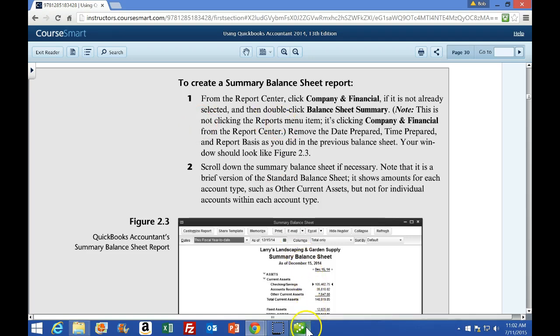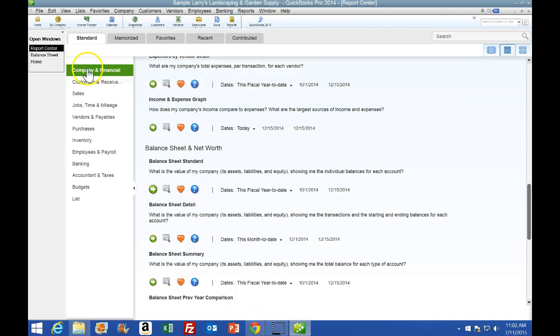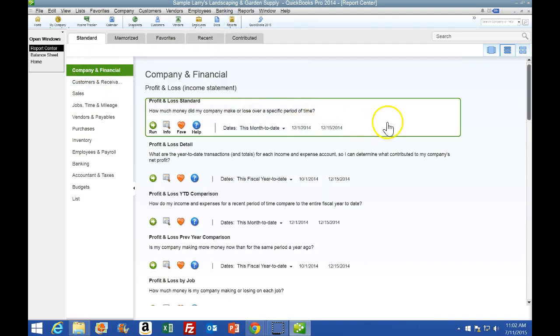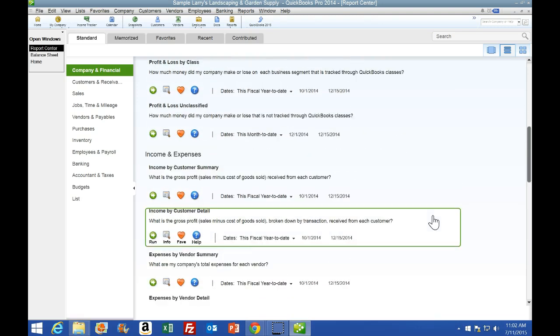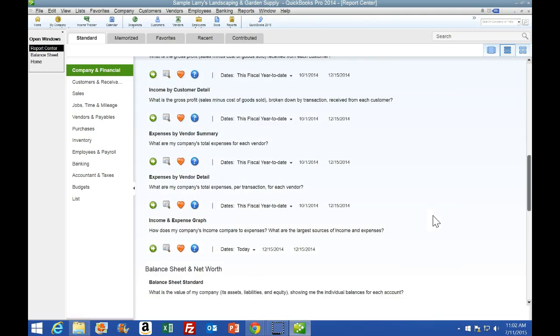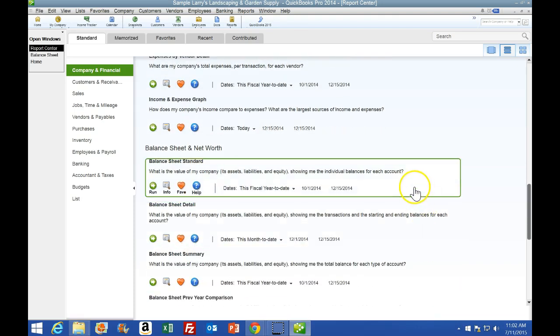So now we're going to go back here, going to go to the reports up here. We are going to go to the company and financial again, and then I'm going to scroll down to the balance sheet area. We're in the profit and loss, and then there's the balance sheet and net worth down here. We see the standard. At this time, we want to move